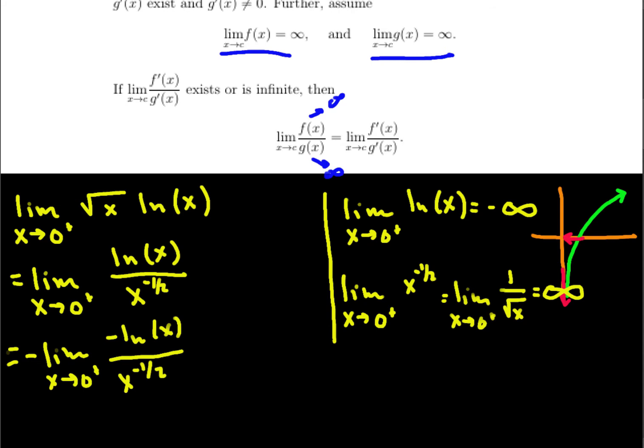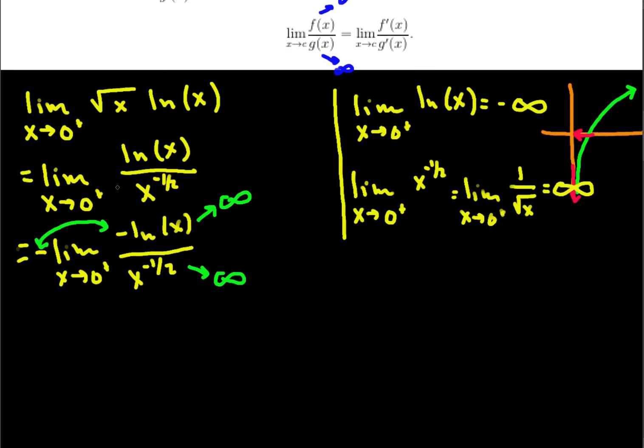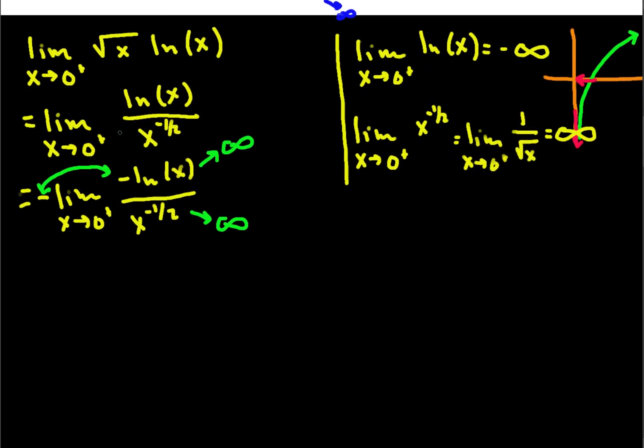And now, since I stuck a negative in front of it, the top is going to positive infinity, and the bottom is going to positive infinity. We've met the requirements of L'Hopital's rule. And again, let me just show that little sleight of hand. This negative would cancel out with that negative, and truly be equal to this function here. If I brought the negative in, they would cancel out, and I'd have exactly what's at the bottom. So by just a little slick move, I've got everything set up for L'Hopital's rule. And so this is equal to,